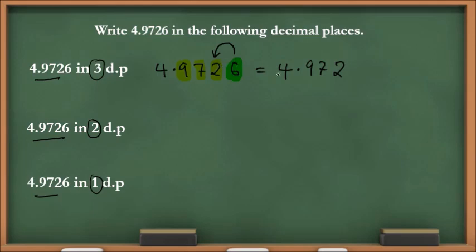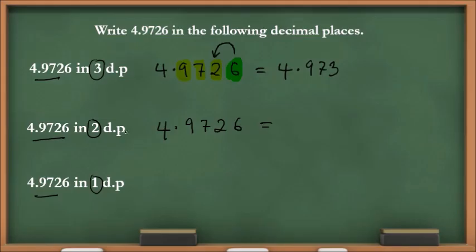So here, our answer is going to be 4.973, not 4.972. So we rub this off and we make this a 3. Excellent. Now here, we've got the same number,